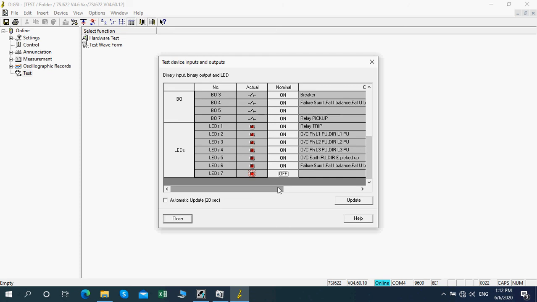Do the hardware test before doing any relay test, because there is no need to waste time. Suppose you don't know that output 4 is not working, and you are testing all the relays, at the end of the day you may understand that the output is not working, then it is a waste of time. You have to replace the card and test the relay completely. In this case you can do the hardware test to confirm all the inputs, outputs and LEDs are working, then you can proceed with the testing. Each relay has its own test method.